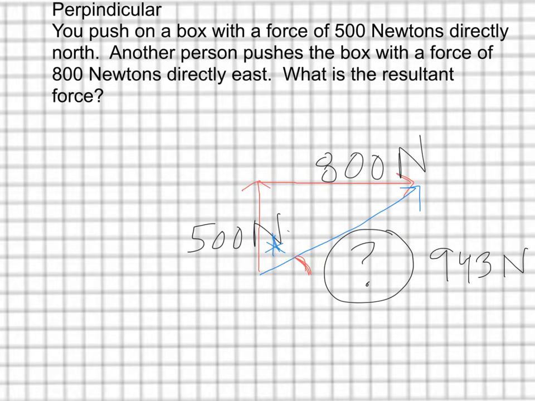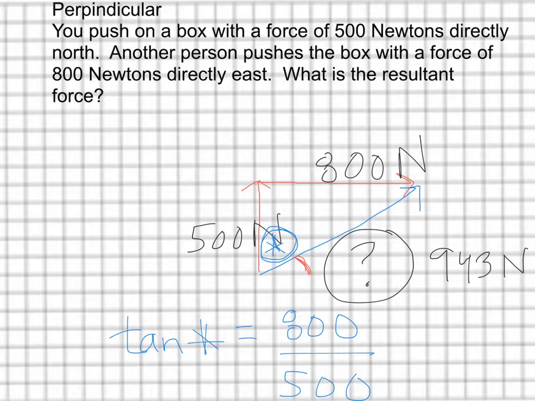So notice this is the angle that I'm going to try to find here. That would be tangent of that angle, whatever that is equal to. Remember, tangent is opposite over adjacent, so 800 over 500. I'm going to use my calculator and find that angle. So 800 over 500. Now I don't know the angle, this is what the tangent would be. So I'm going to click inverse tangent on my calculator, and it tells me that the angle is